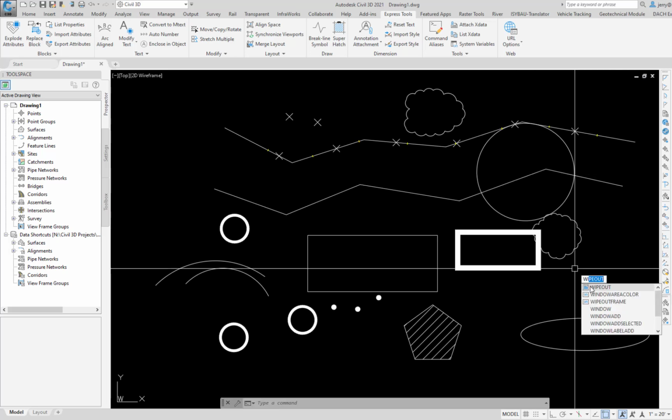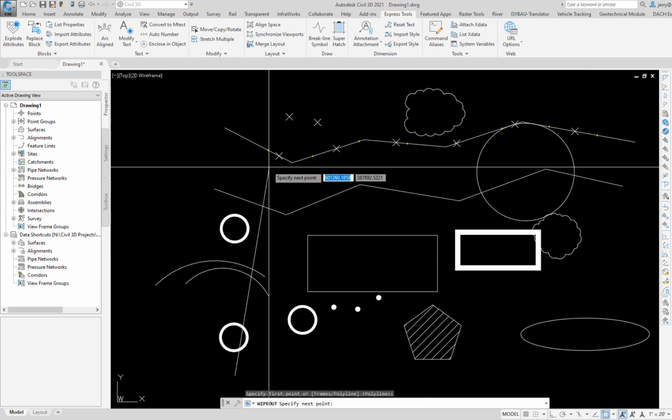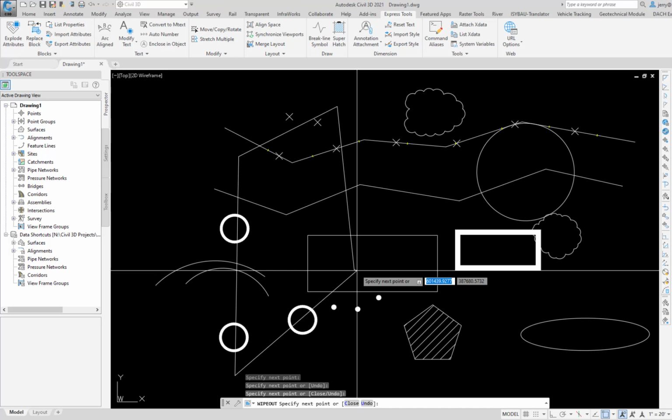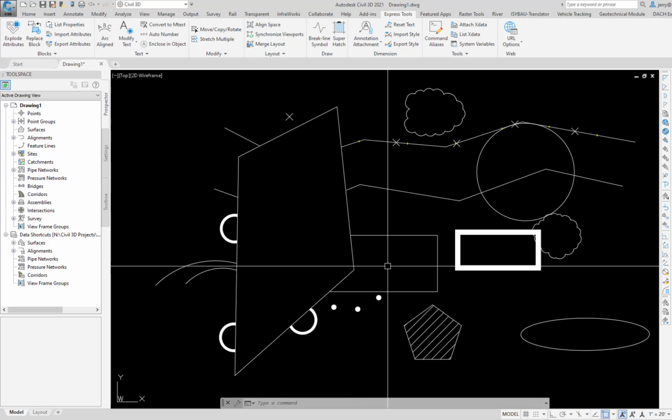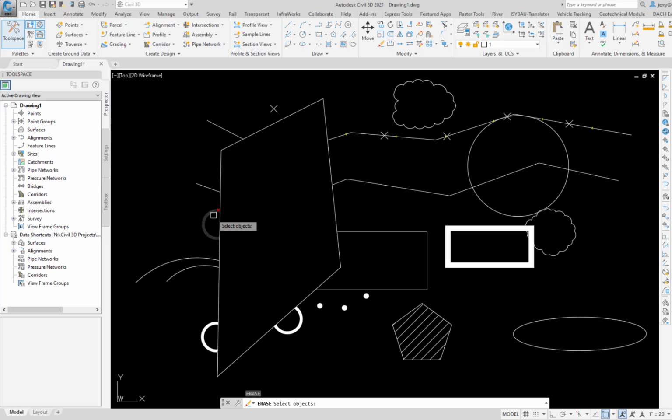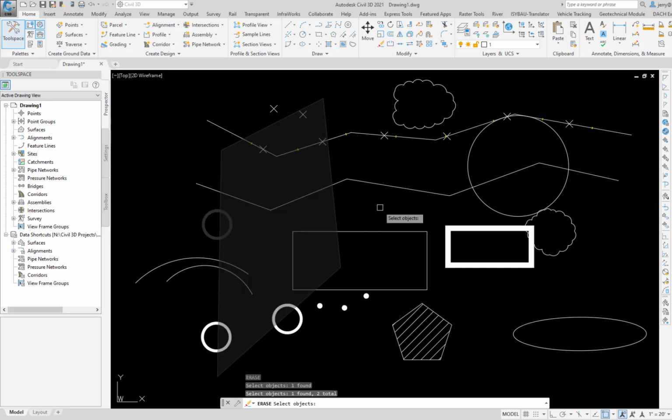WI. Select wipeout from the drop list. Draw lines for the wipeout. When finished with the outline for the wipeout, press enter. OK. Common modify commands include erase, enter, pick individual objects, use clockwise window selection to include objects completely shown inside